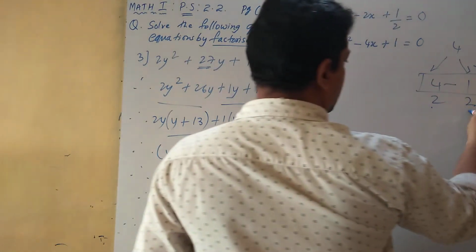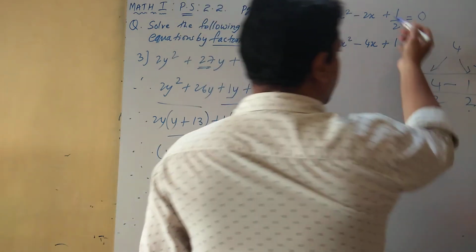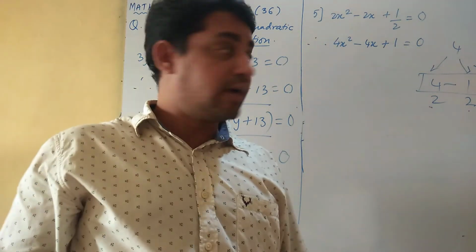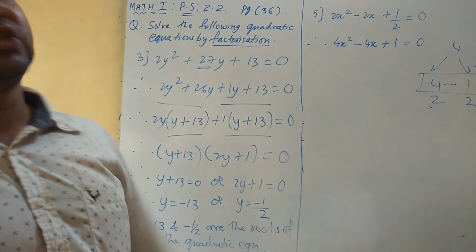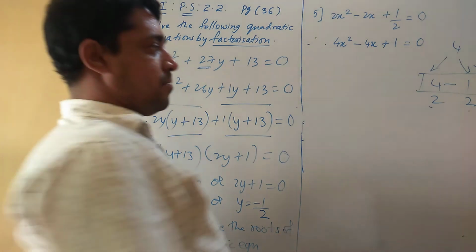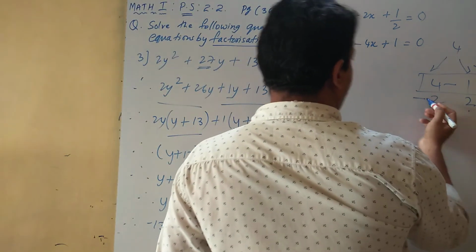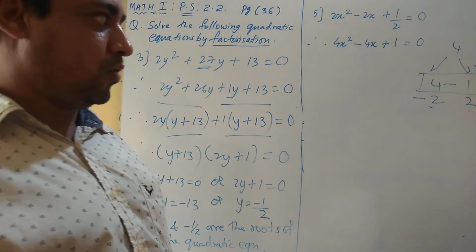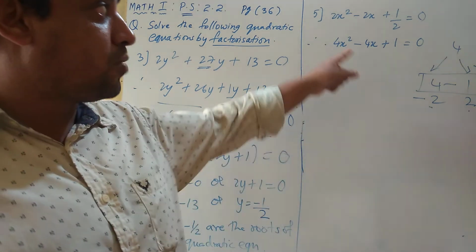That means 2 and 2 is 4, 2 2s are 4, correct? So that's the correct number. But now regarding the sign, I want minus 4. So what is to be done? Already we have done in the first sum. Minus 2. Now you will say, sir, you said the bigger number, but there is no bigger number. Okay, but it is not minus 2, I want minus 4.